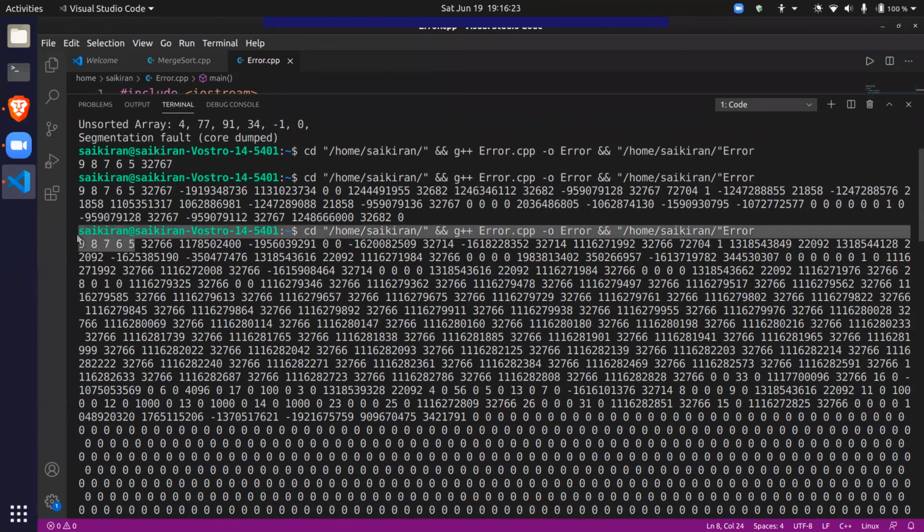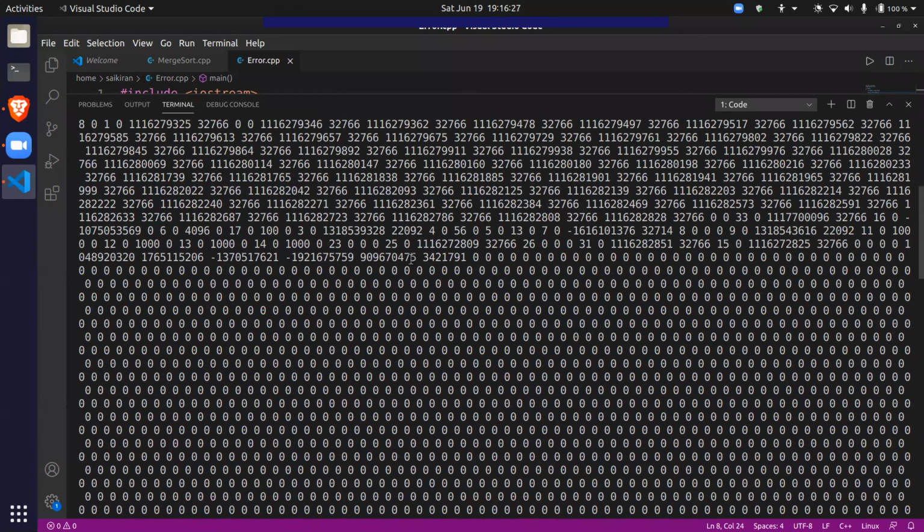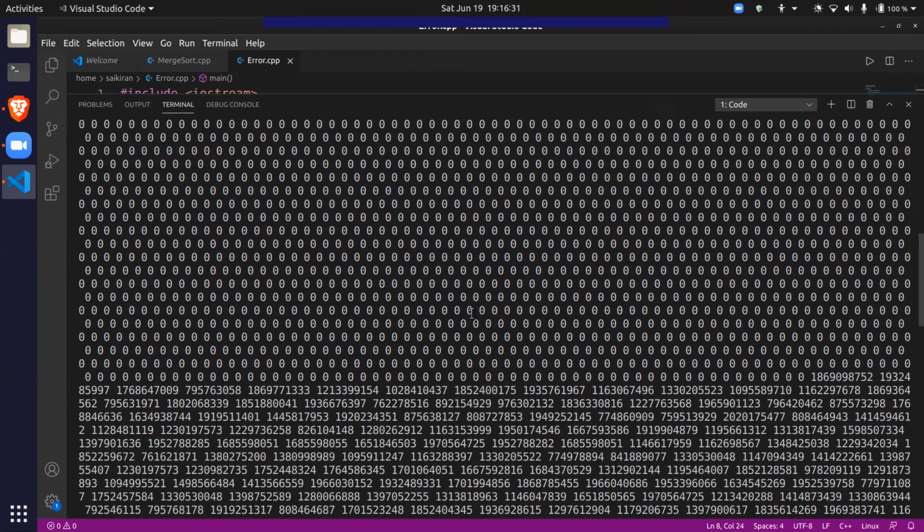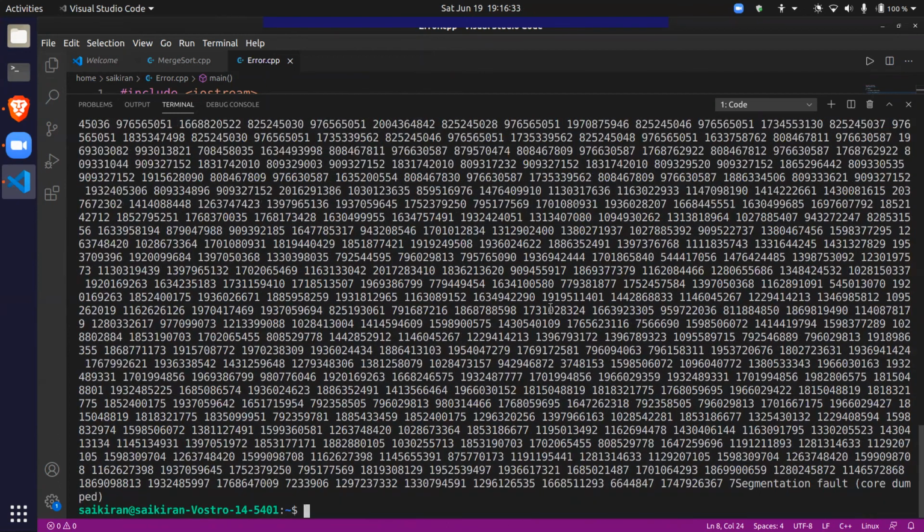Only the first 5 numbers are the numbers that I gave. All the remaining is some garbage, like whatever was in the memory at that place, it printed it out. Some of it is zeros and all. But at some point, my program's memory ended, the amount of memory that my program had, and I got a segmentation fault because I was accessing memory which my program did not have. So the operating system stops my program and it says segmentation fault.